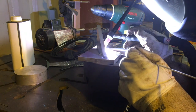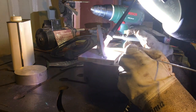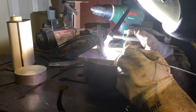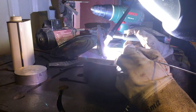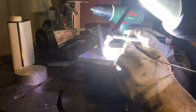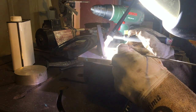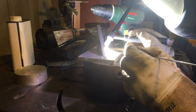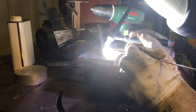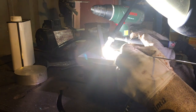Right, I am just getting some heat going here, letting the cleaning action get going, and starting to add rod when it gets moving. Now, the problem I have, not being used to welding aluminium, is that you try and hold a tight arc, which is always a good thing with TIG welding, but when you add the filler, its surface tension isn't the same. The puddle flicks up. You add more filler with aluminium, generally speaking, and the puddle goes up towards the tungsten. If you want to hold a tight arc, you're going to have to be ready to raise the torch as you add filler,